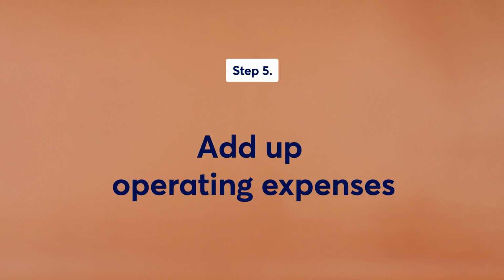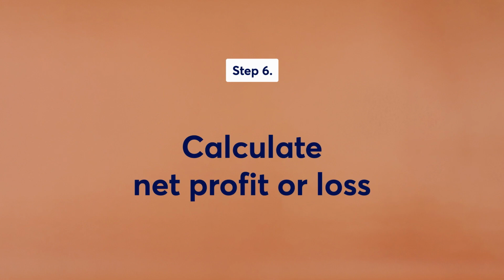Then collect and add up your operating expenses. We'd recommend creating categories for each type of expense. And remember, these are costs that are not directly related to the goods you make or services you provide. Think internet, rent, payroll, branded propeller hats to hand out at the mall. You get the idea. Finally, you're going to subtract operating expenses from your gross profit to end up with your net profit or loss, which is your bottom line.